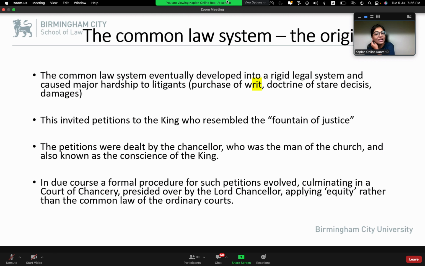Okay? A student has asked me, it starts with a letter of demand. A letter of demand is optional. A letter of demand means you're not suing the person. A writ is where you've decided to sue the person, you've decided to go to the court. So I can choose not to go to the court. I can just ask a lawyer to issue a letter of demand to my tenant, for example. But if you want to go to the court, the first document is a writ of summons. Okay?